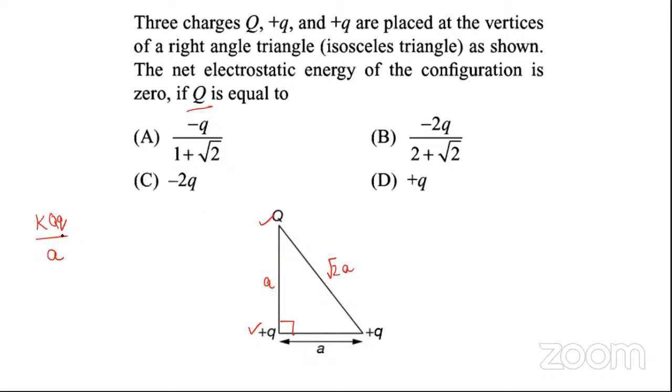So for these two charges, the potential energy is this, and for this and this charge will be QQ by root 2A, and for these both charges will be, now this has to be 0, so